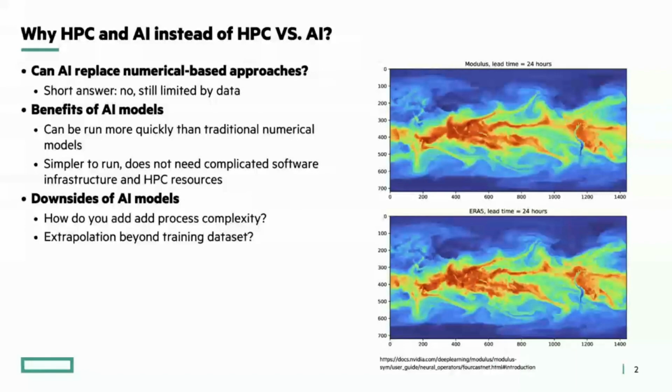Because an AI model is not driven from first principles. It's not necessarily solving a differential equation. And so the question of how do you add complexity to that model? Well, the only real answer is you have to give it new data, right? So that's one downside of the AI model. It's very good at replicating things that are already there, but not necessarily generating new data with unseen processes, unresolved